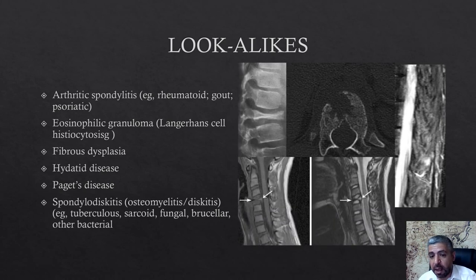Another example is the eosinophilic granuloma. Eosinophilic granuloma is a lookalike, also known as Langerhans cell histiocytosis. One of the most common features of eosinophilic granuloma is what's called vertebra plana, this appearance. A vertebra that is completely squeezed and becomes flat. This is vertebra plana. Keep eosinophilic granuloma in mind, and you can see this appearance on the axial images in the CT scan,